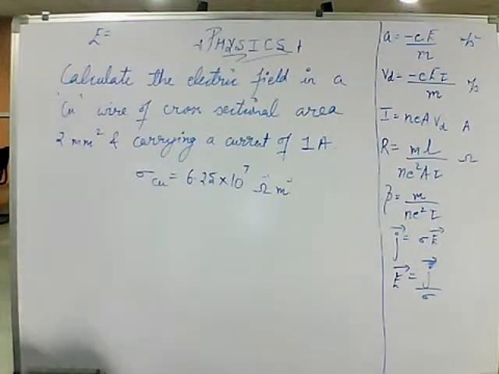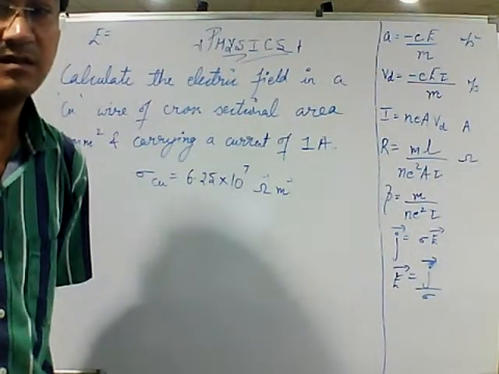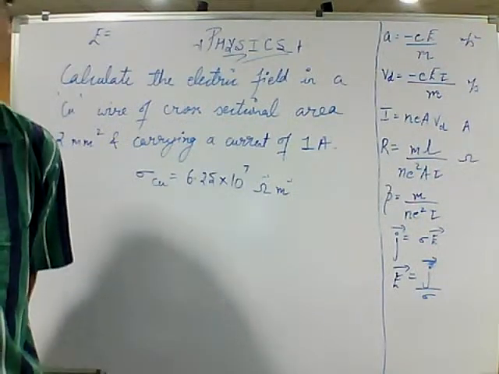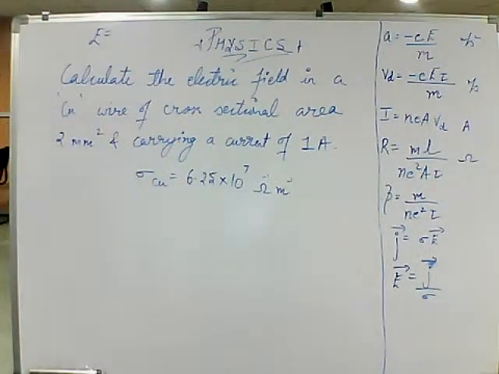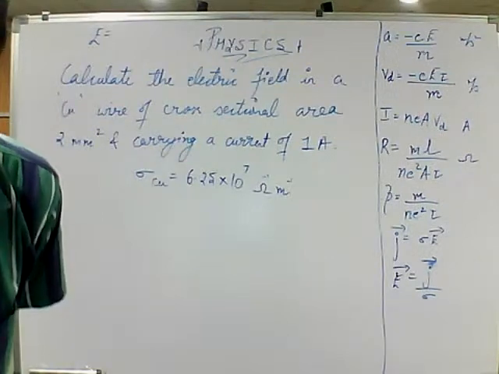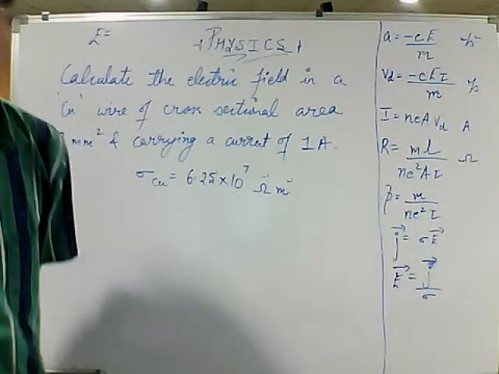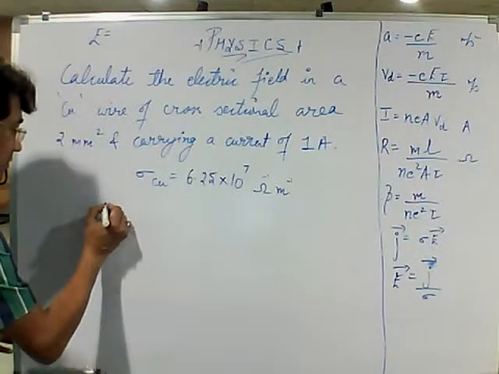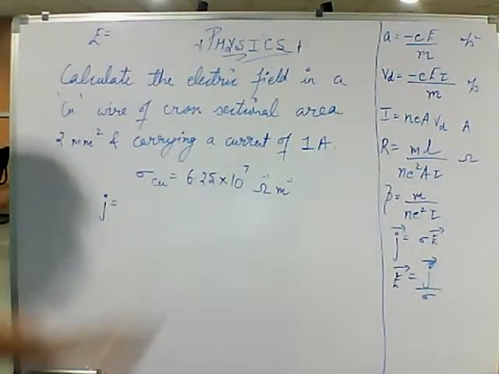Rudraksh has come up with 0.008. Yes, Rudraksh, it's correct. Sakshi, beta, check your answer. It would not be 1 by 135. Please solve it and see if you are getting 0.008. Please check. No, Aman. Why would it be 125? See, it's clear for you. First, you'll find out J. What would be J? J would be I by A.